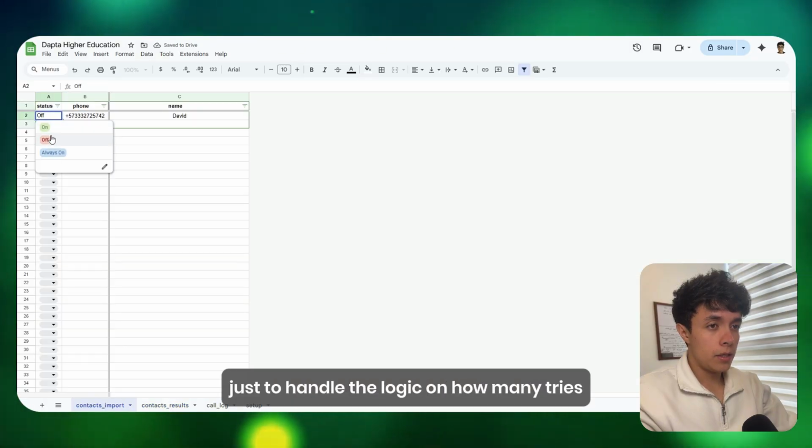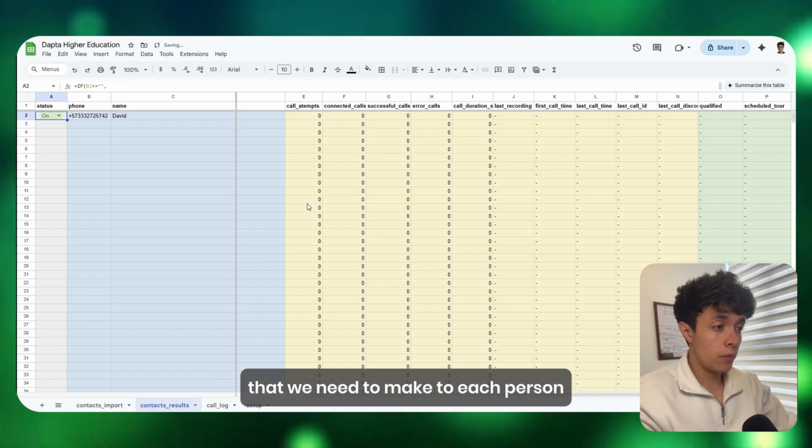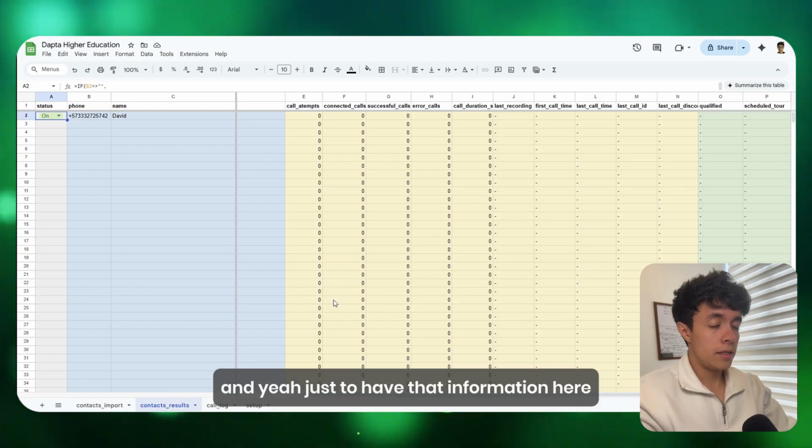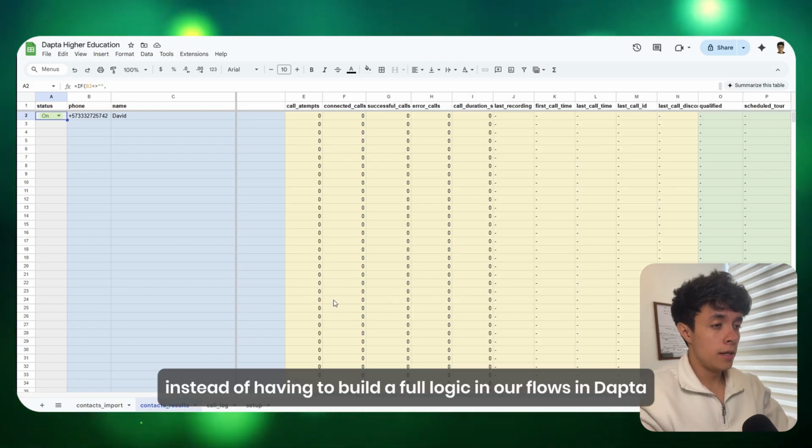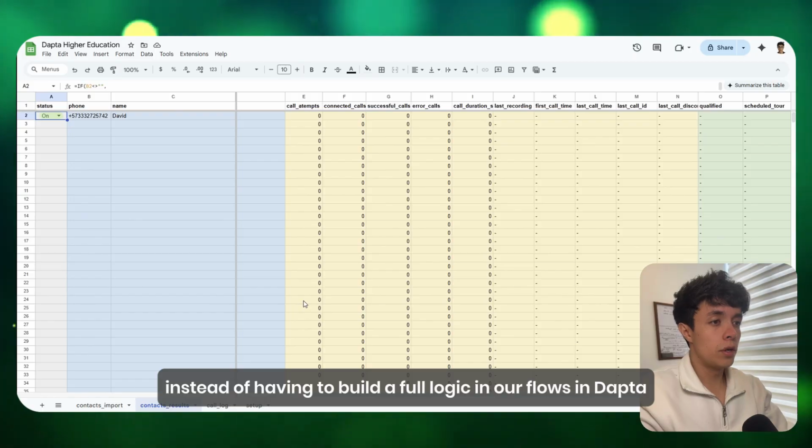This is basically just to handle the logic on how many tries that we need to make to each person. And yeah, just to have that information here instead of having to build a full logic in our flows in